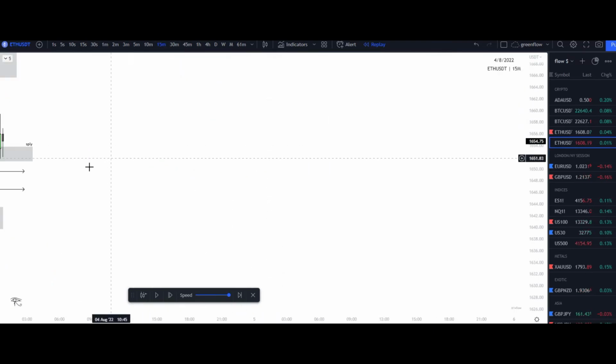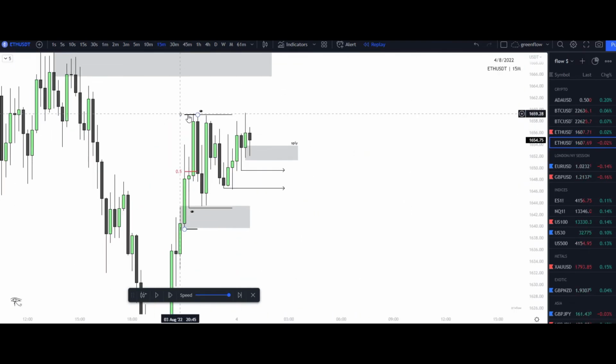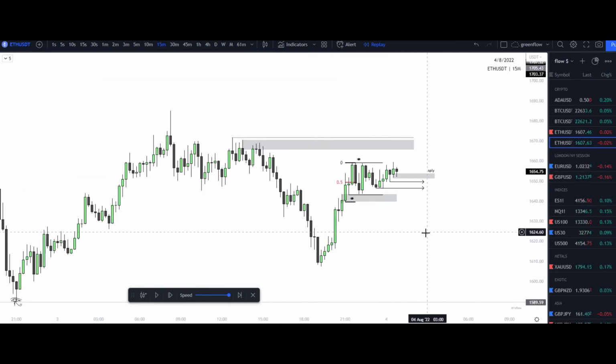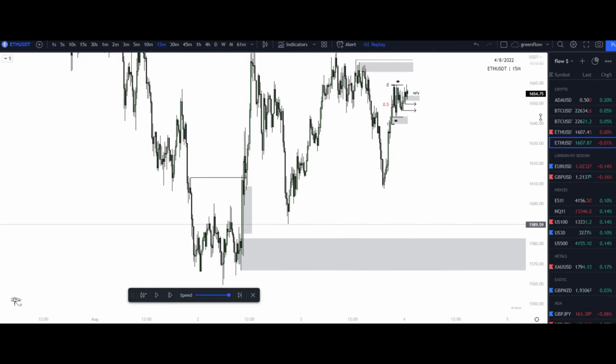So at this point in time, I was on the 15-minute, and I saw this liquidity raid to the upside, and then I saw the most recent demand. Everything is showing me one thing, mind you. Again, it's the same exact spot. Multiple confluences within one candle, within one area, to show me where I want to take price. So I chose this low because it's the most recent low that caused this high right here. So if this low is broken, then I can look for areas lower into demand and areas lower overall.